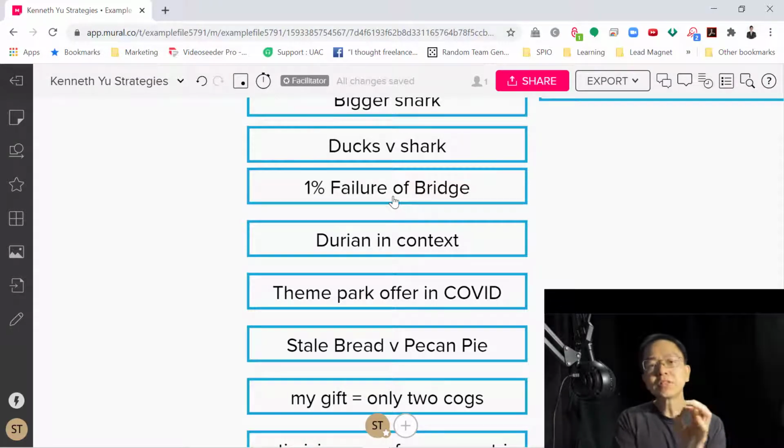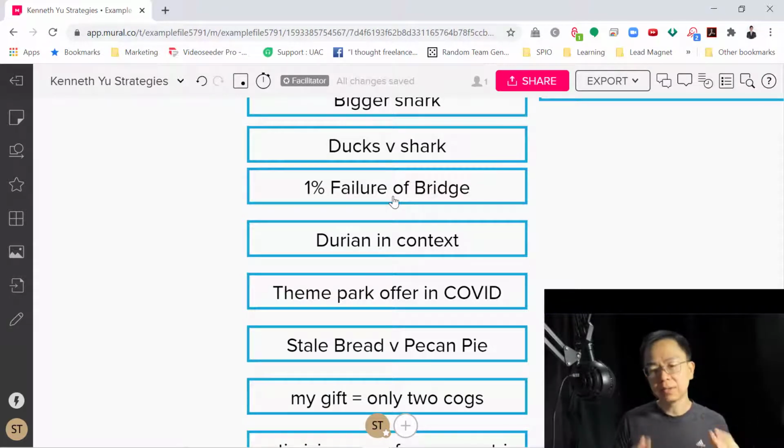Now, I know for some of you, you're going to think, hang on, but failure of a bridge is different because in a bridge, you engineer it and you can reach a 99.99% success rate, right? You may have cracks, but those are things that can be dealt with. Whereas in terms of copywriting, it's not really an engineering thing. You could probably fail 70% and still succeed. But let's not get into those kinds of details. The ideas are more important than getting down to those nitty-gritties. Okay, so I hope you understand.